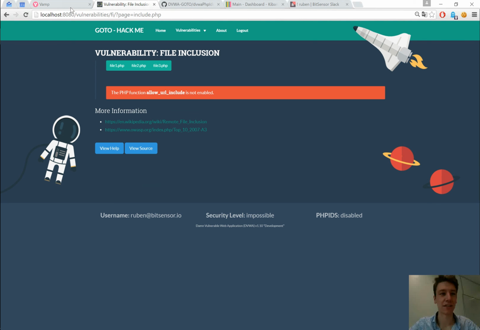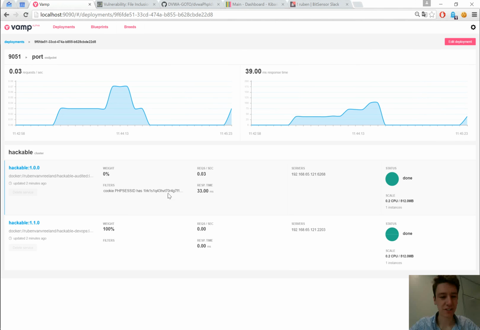So how did this happen? Let's go to VAMP. What we see in VAMP is the 1.0 version has now been instrumented to filter all data that's coming from the PHP session ID that matches this rule. So all the hackers'